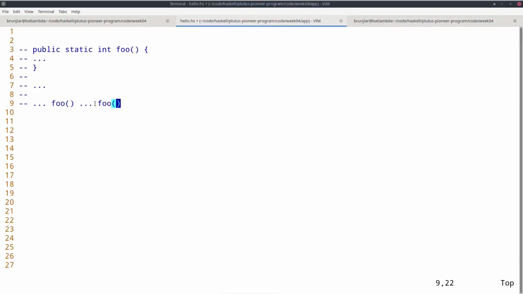So in Java, the first call of foo and the second call of foo can very well result in different integers. Even though there is no argument, as long as we don't know what these dot dot dots do, we have no way of saying that this and this will result in the same. And why? Because in Java, it's perfectly possible that some I/O happens inside the body of the foo method.